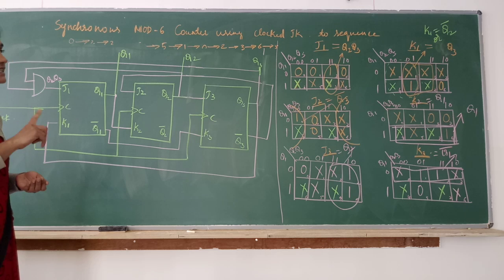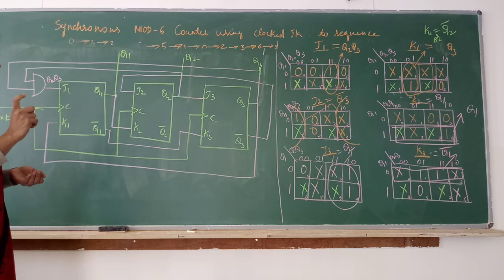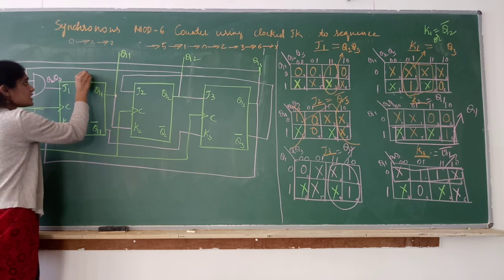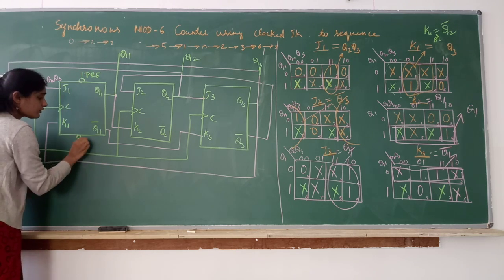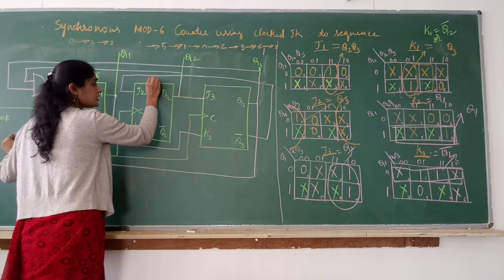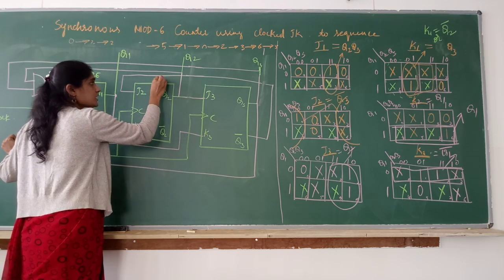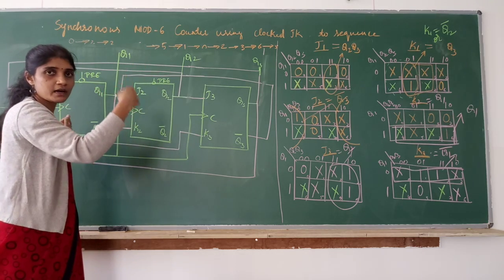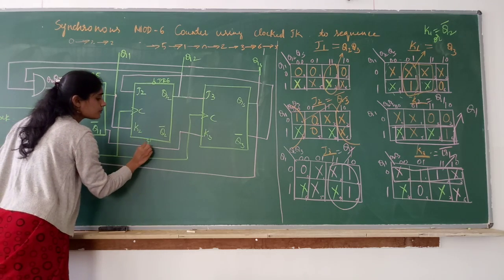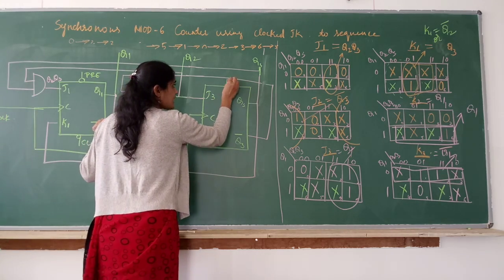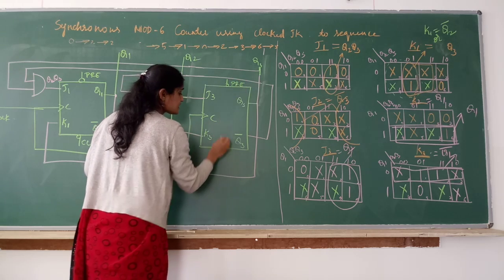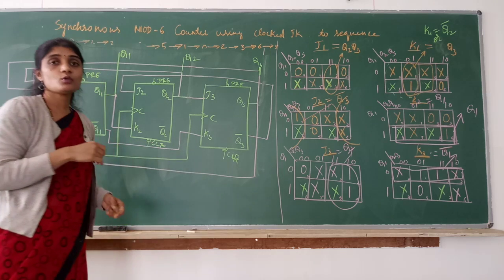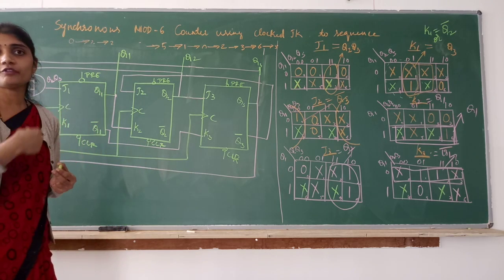But when you design this circuit in your lab, when you take a JK flip-flop IC, you will have two more inputs, that is preset and clear. All the flip-flops, T flip-flop, D flip-flop, SR flip-flop, JK flip-flop, along with the inputs JK, Q, Q bar, D, Q, Q bar, T, Q, Q bar, SR, Q, Q bar, you will have two more inputs, preset and clear. In one class I have also told what preset and clear are. These are called asynchronous inputs, so they don't depend on the clock. When you want to forcibly set or reset the flip-flop, you can go for preset and clear.